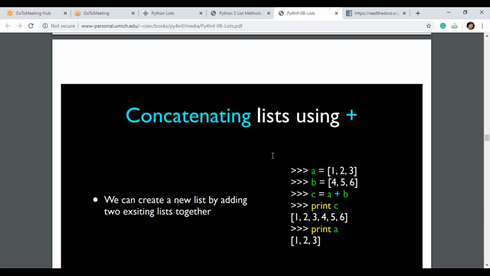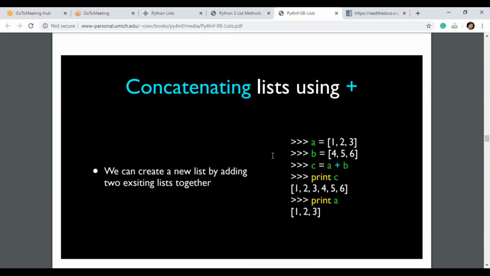Then, keeping on next to the last element of the first list, it adds 1, adds 2, adds 3, up to the n minus 1th location. Am I clear? Understood the concept? So this is called concatenation.